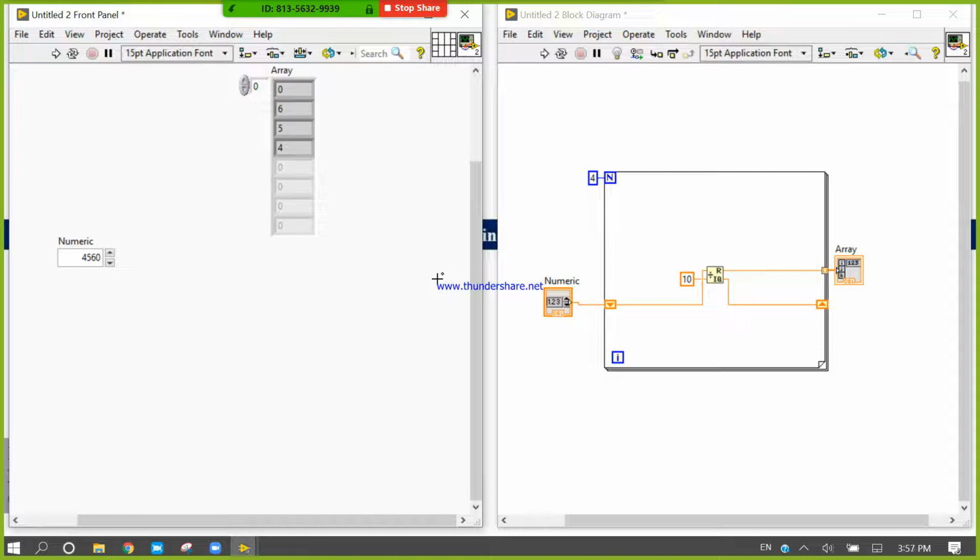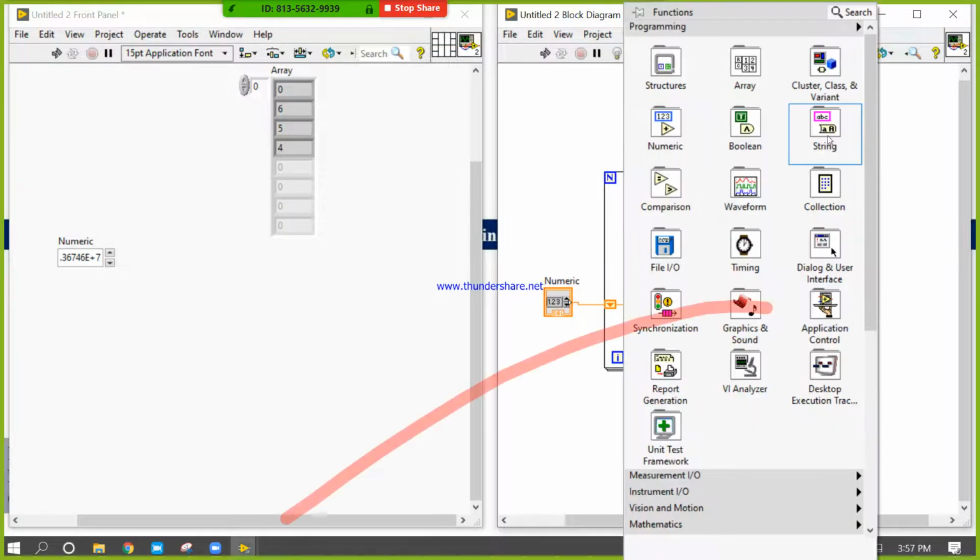So is it a general purpose program right now? Yes, it is. No, it is not a general purpose program, because I don't know what value the user will enter. If the user enters this number, it is a specific program, not general purpose. If the user enters this number, then how can I perform? We need to count the digits.